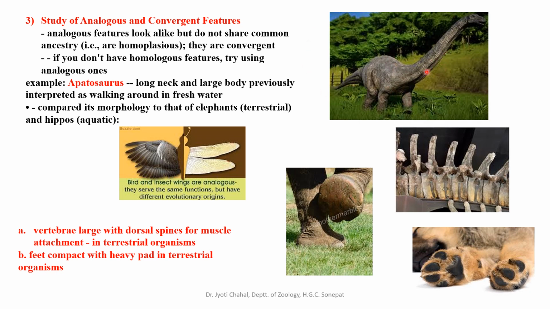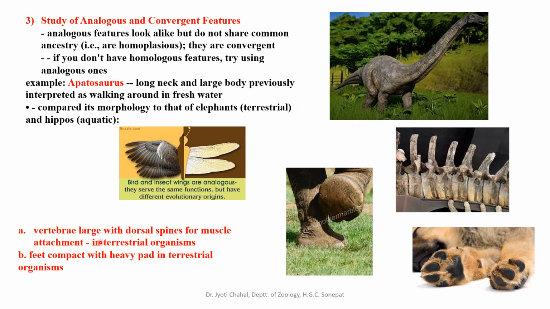So whenever they will be in water, they will keep their neck outside the water. That's why they have a long neck, and their body is so stumpy and large, like hippos, to move in water whenever they are in water. So now elephants and hippos have different origin, different ancestors, but still they are being compared here for their functional morphology. So that is an example of analogous organs, comparison of analogous organs which do not have the same origin, but still they can be compared for knowing their functional morphology.